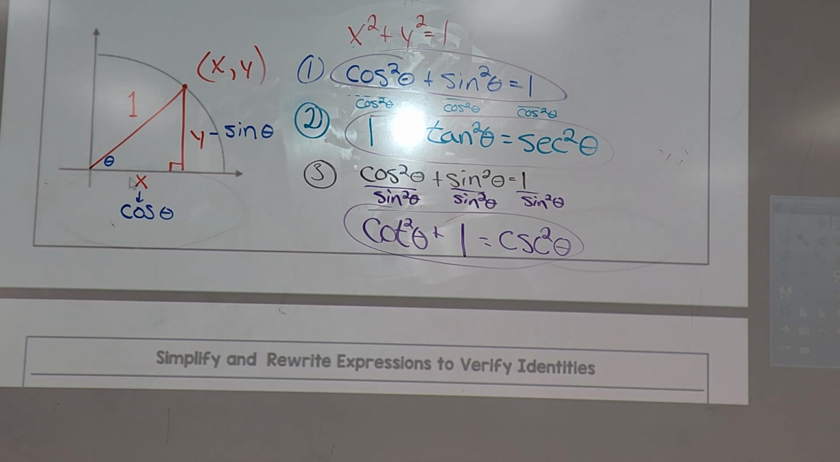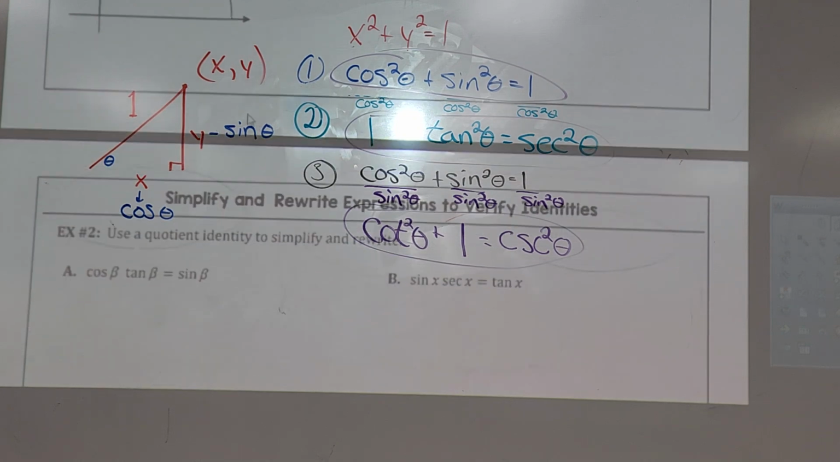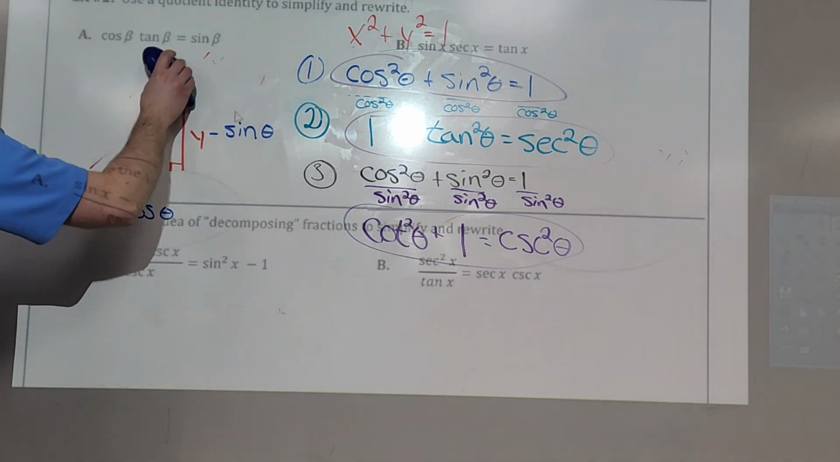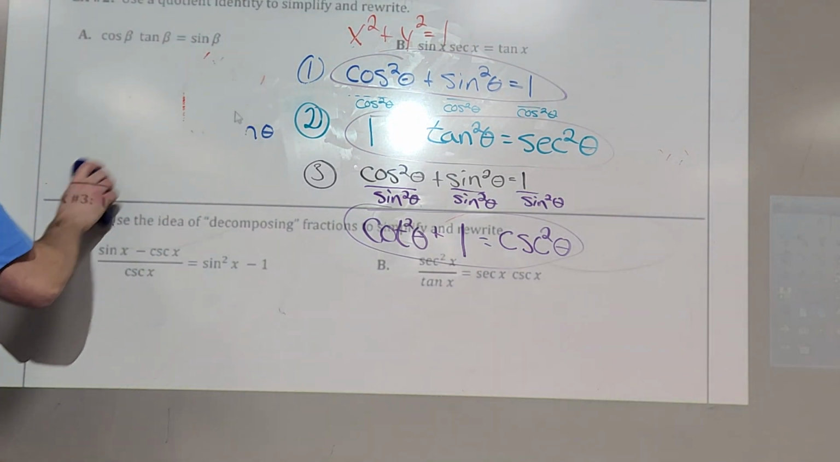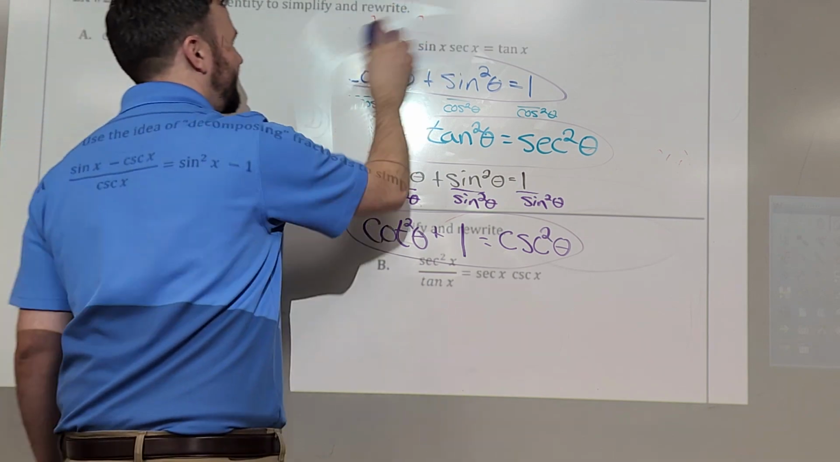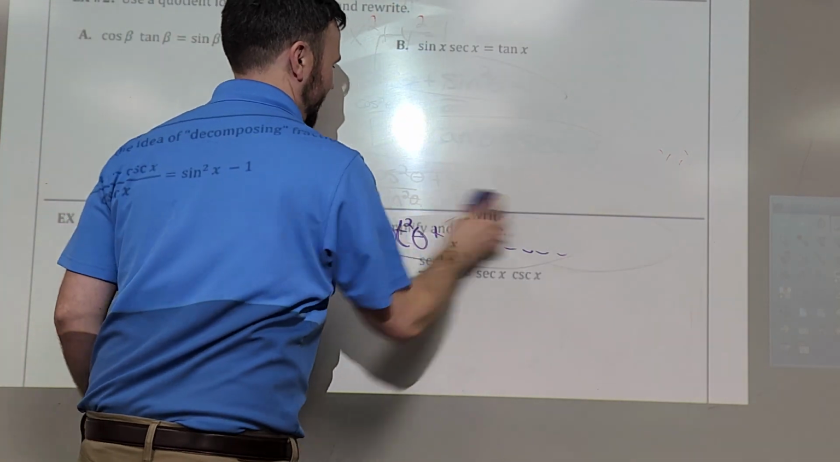Okay. Hey, this year's geometry had a 92 average on their trig test. You guys had a 68. Jeez. All